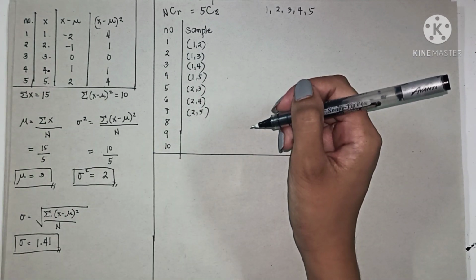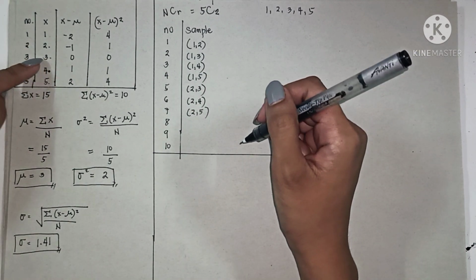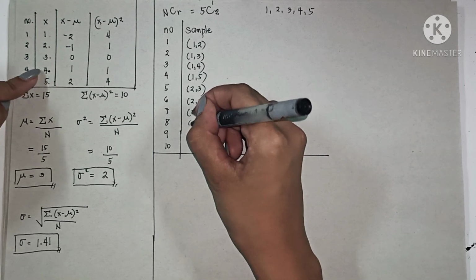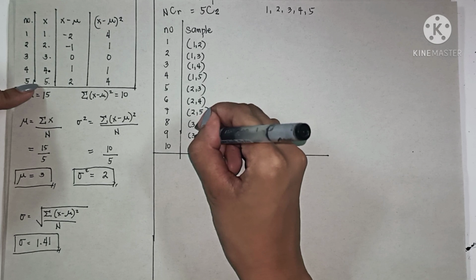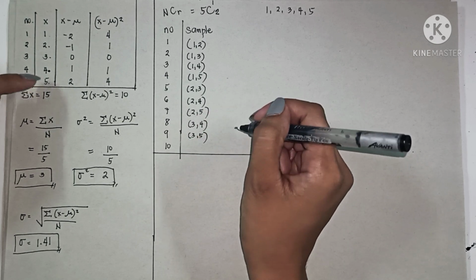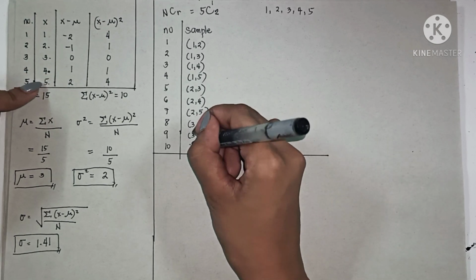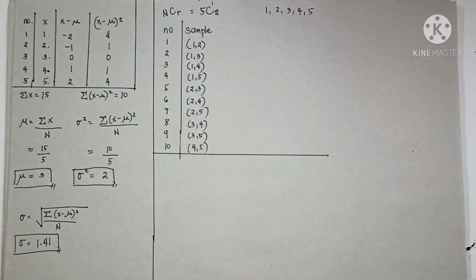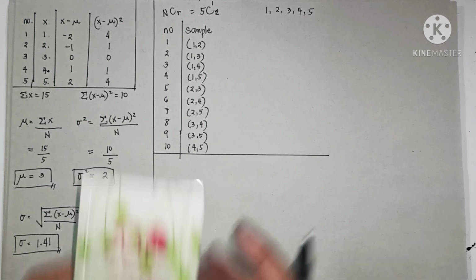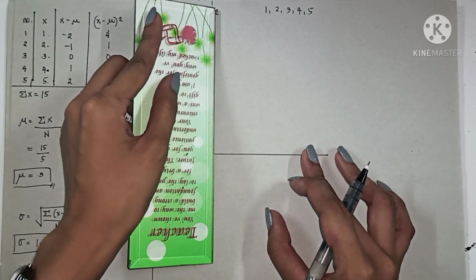Okay. So, okay na tayo kay 1. Okay na tayo kay 2. Sunod na tayo kay 3. So, 3, 4. 3, 5. And the last is 4, 5. Okay, so here are the samples with the sample size of 2. Okay, so ito na yung samples natin na may sample size na 2. So next natin na kailangan sa table,